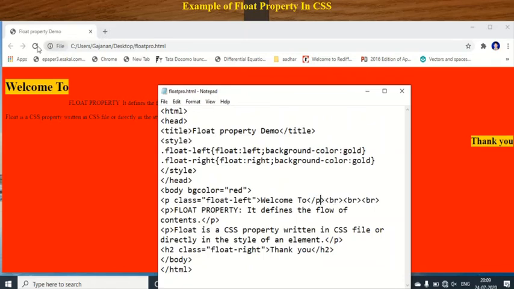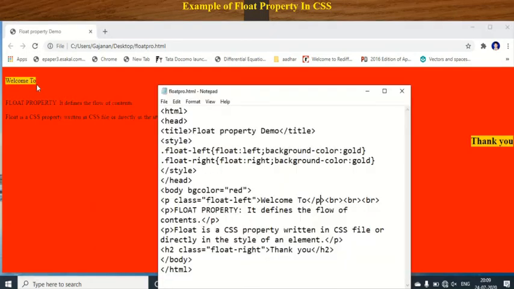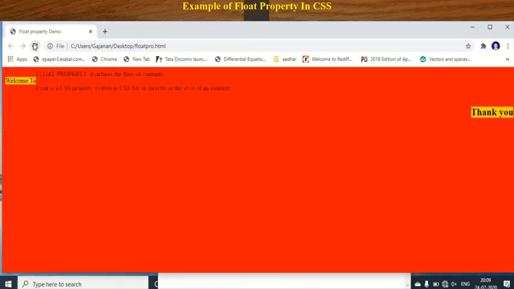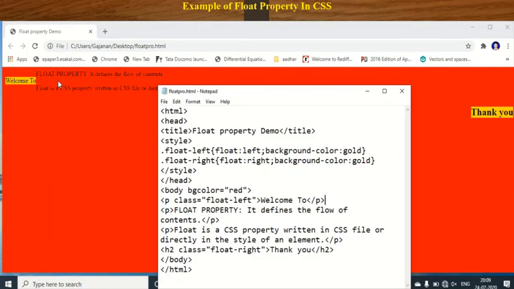Save. So your text is shown like this. Okay, suppose I want to cut all this BR here, save this and execute this, so your text is shown like this. Okay, clear? Understand this one? So this is the float property. Float property is used only for defining the flow of the content in your web page. Clear?